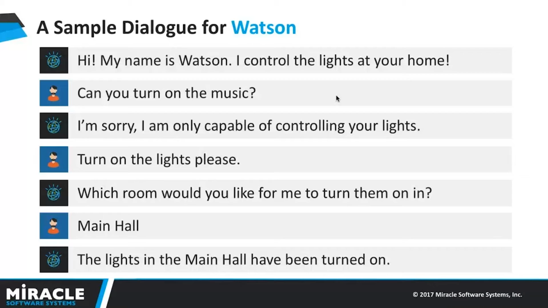So here comes in the picture where your application has to maintain a dialog counter. That counter is going to enable Watson to know where it left off. So in this particular case we say main hall. Watson knows that the previous context was that the user asked us to turn on the lights, and it is able to understand the main hall and turn on the lights in the main hall.